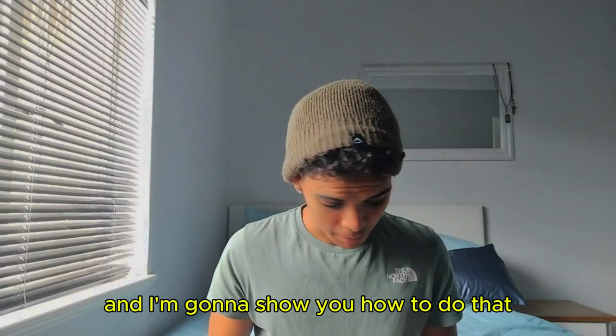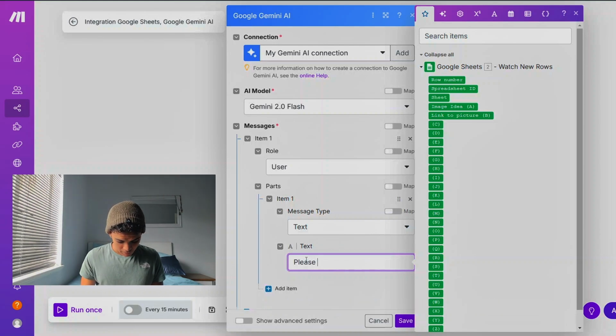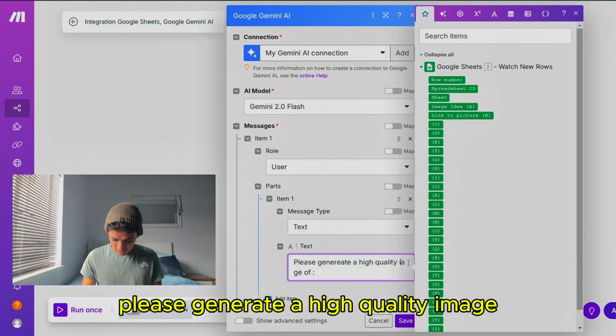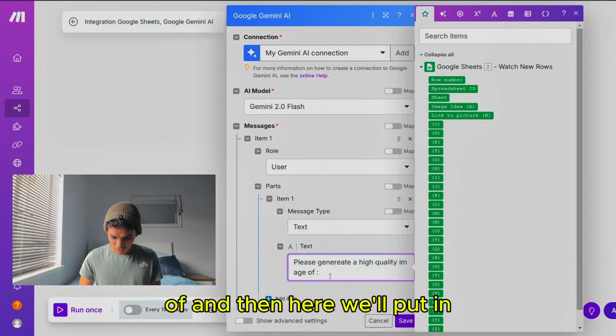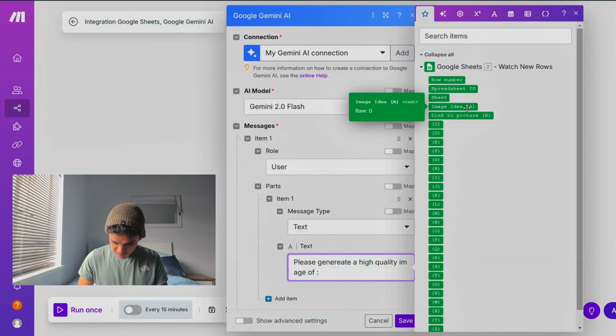And I'm going to show you how to do that. Please generate a high quality image of, and then in here we'll put in